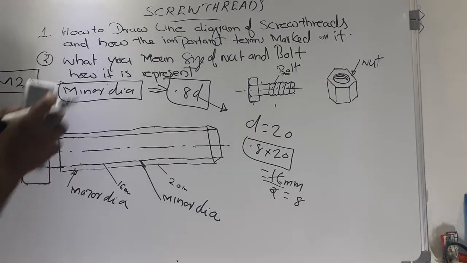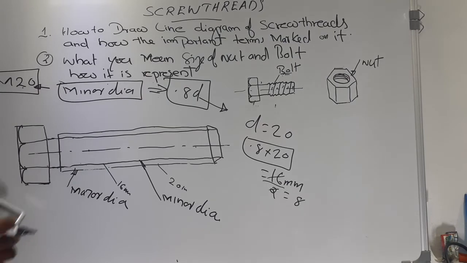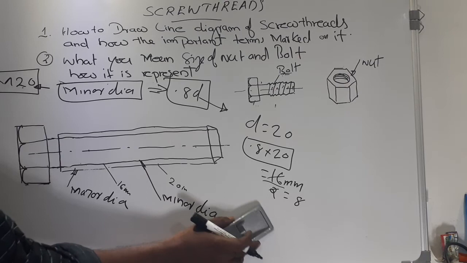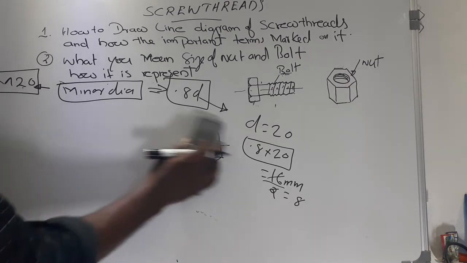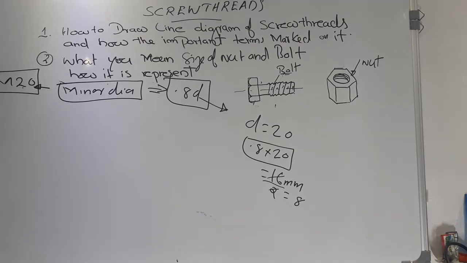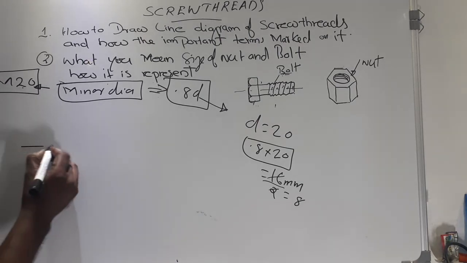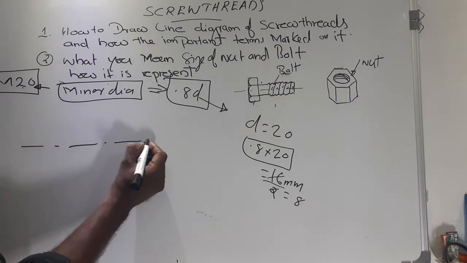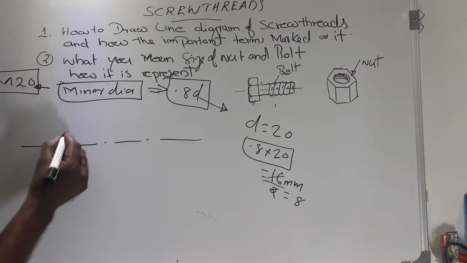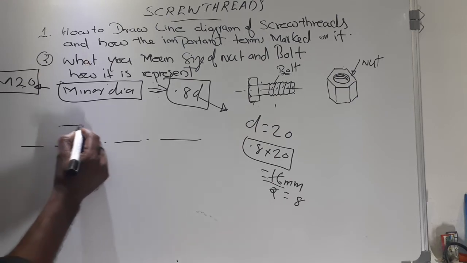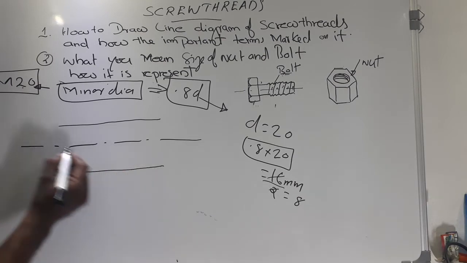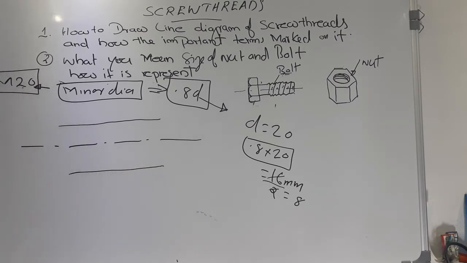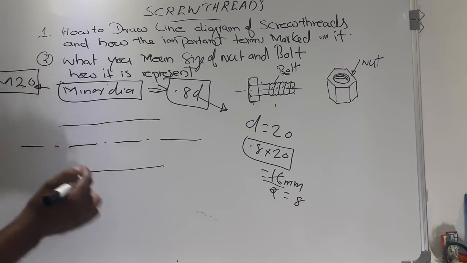Why are we marking its thread? How can we draw the diagram? See, in the next figure, how can we draw the line diagram of an external thread while marking its thread. First we draw a center line. Now draw a parallel line corresponding to the major diameter. Similarly, keeping 10 mm each from the center line.